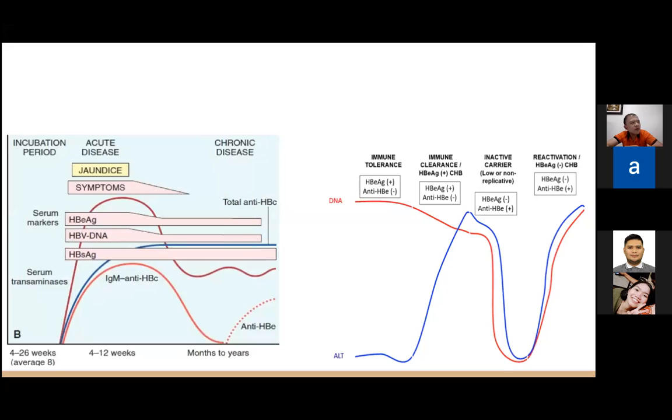Is there one last question? If the patient is a carrier, does that mean the patient should remain complacent because he is asymptomatic and not HBeAg positive, and the DNA is stable? Or does that give us an assurance that the patient should no longer monitor his hepatitis B status?